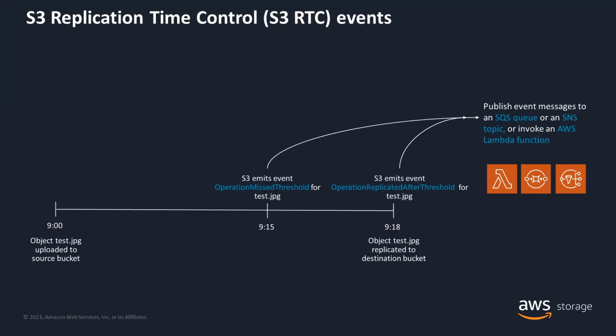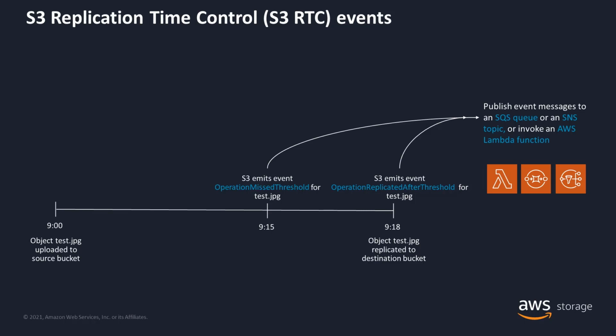S3 RTC has 3 primary events, and customers can monitor these events through Amazon SQS, SNS, and Lambda. The 3 events that we want to highlight are Operation Failed Replication, Operation Missed Threshold, and Operation Replicated After Threshold. In this slide, we demonstrate how a customer might use Operation Missed Threshold and Operation Replicated After Threshold to monitor